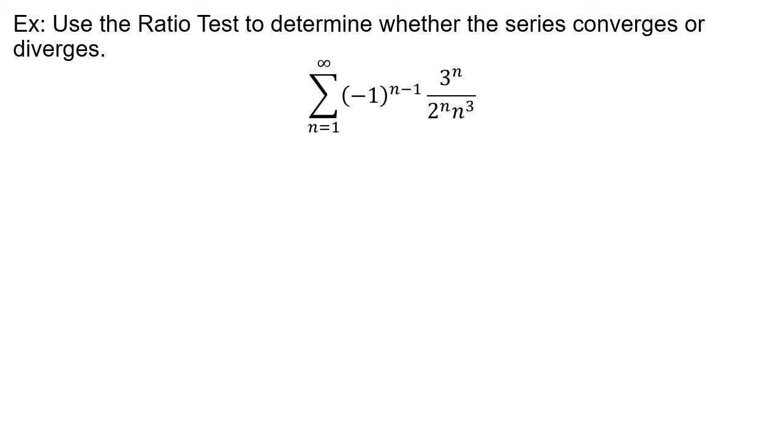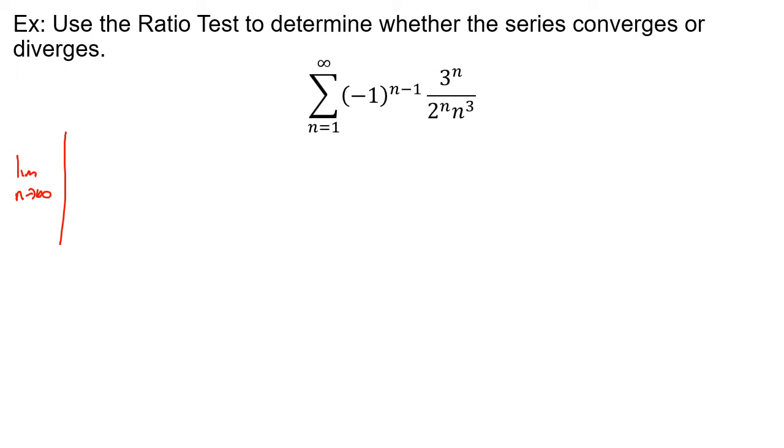So let's try one here. Use the ratio test to determine whether this series converges or diverges. And the fact that we're doing the ratio test, I can tell you whether it converges absolutely because of the absolute values that are already in the ratio test. And so if I use the ratio test on this problem, what I want to do is take the limit as n goes to infinity of